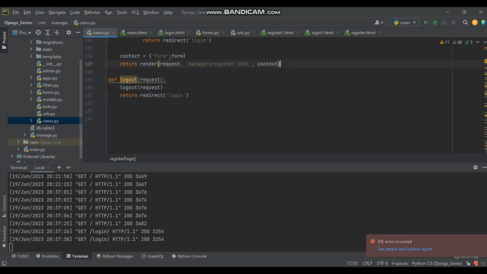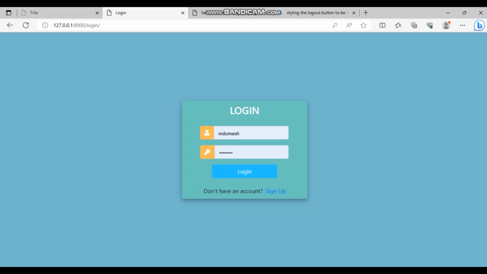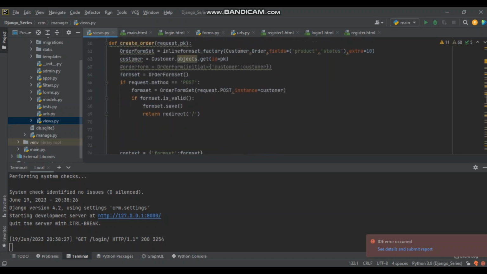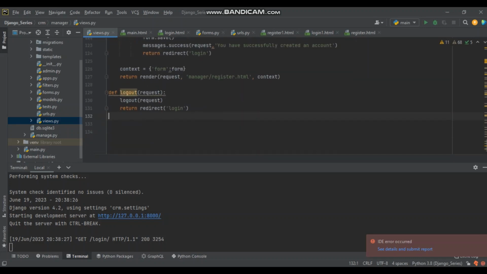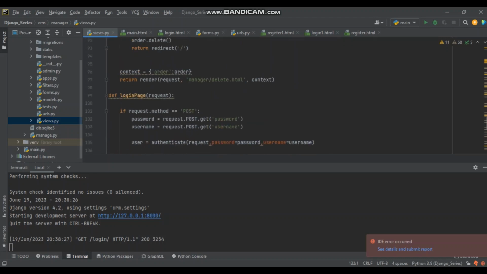I wonder if this is gonna work actually, because I'm supposed to put it here. I think it worked. I think it's important for us to put this in order to let Django know that the user actually logged out, right? And then